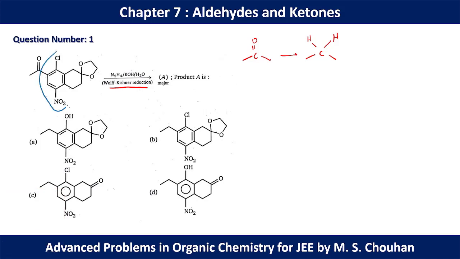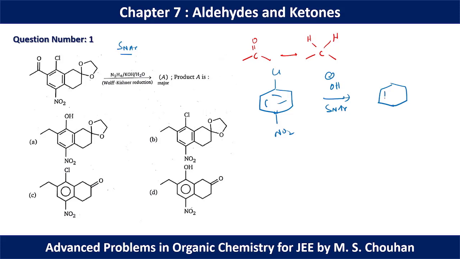This system is good for SNAr type of reaction, aromatic nucleophilic substitution. As we know, in the presence of an electron withdrawing group at the para position, the rate of aromatic nucleophilic substitution will increase. So in this case, this system is the perfect example of aromatic nucleophilic substitution, where OH will behave as a nucleophile. So in the SNAr mechanism, finally we will get OH and NO2 along with the reduction. So for question number 1, option A should be the correct option.